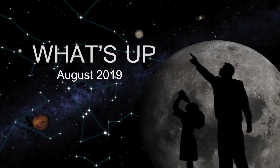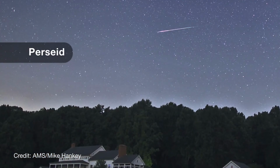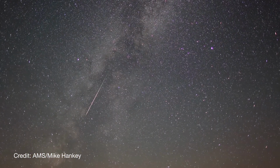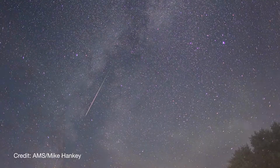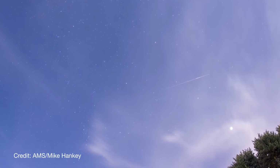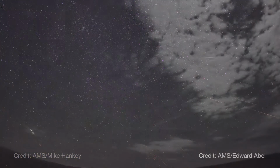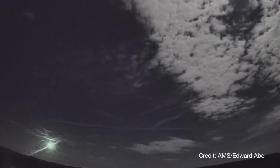What's up for August? This month, our main focus is the Perseid meteor shower. The best-known meteors of the year, the Perseids, are back, but this year's shower will have to contend with a bright moon on the peak nights. Still, you could see a dozen or more meteors per hour, including the occasional very bright meteor, also called a